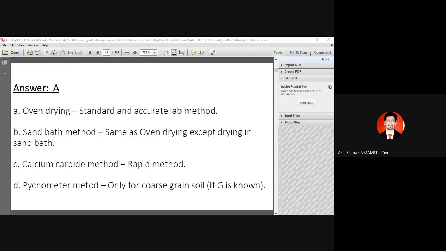Simply that is why I say that oven drying is controlled. I am saying that the temperature has to be controlled. I cannot control the temperature using any of the other equipment, right? In the oven drying method, I control the oven at 105 to 107 degrees Celsius and keep the sample for 24 hours. That is why I call this the accurate method which I can use.